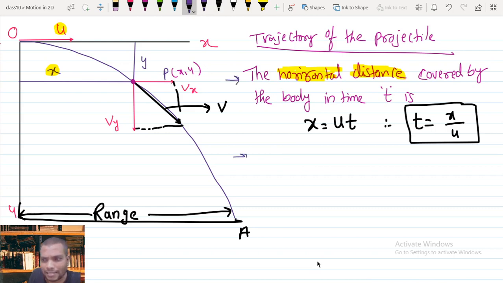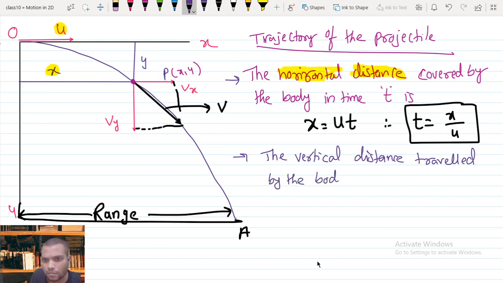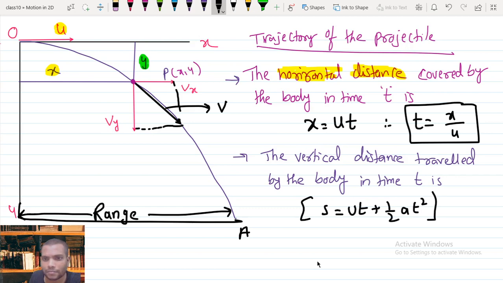Now after that, the vertical distance. The vertical distance traveled by the body in time t, here I need to find the vertical distance as y. To find the vertical distance, here we use the second equation of motion, s equals ut plus half at square. Here s means nothing but the vertical distance y, the perpendicular distance y. Since s equals y, I can write